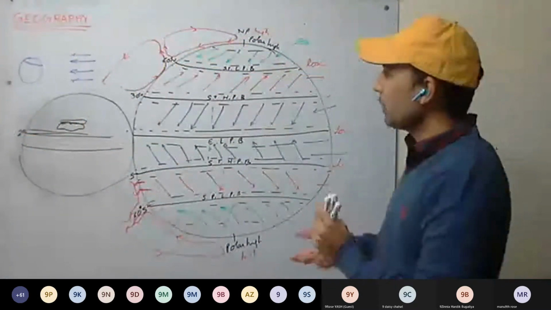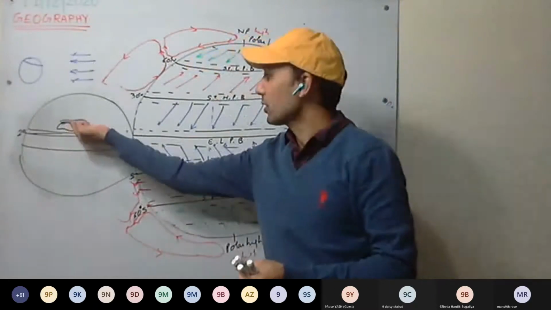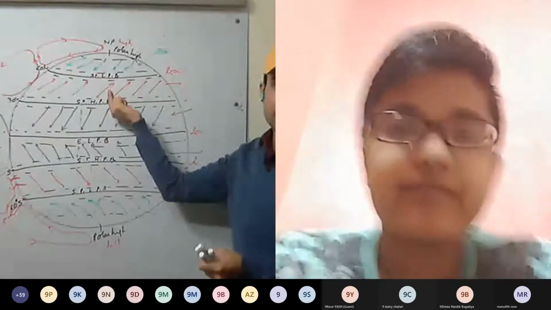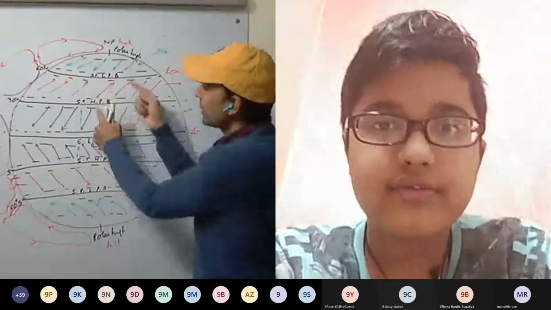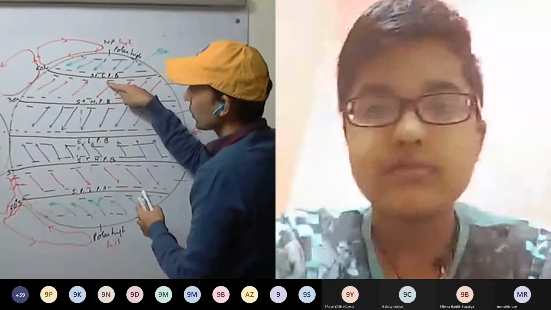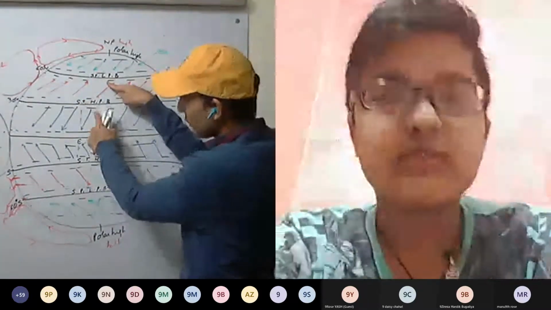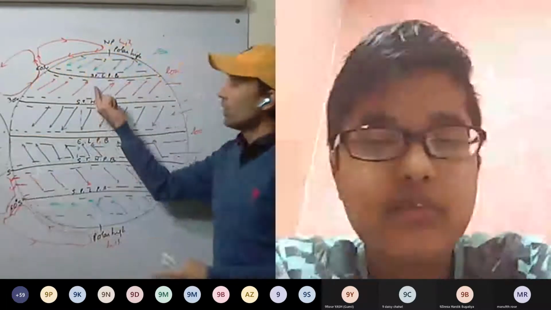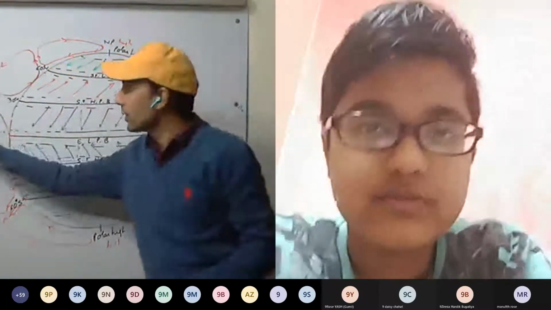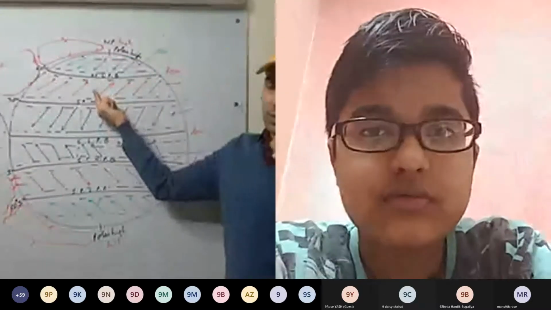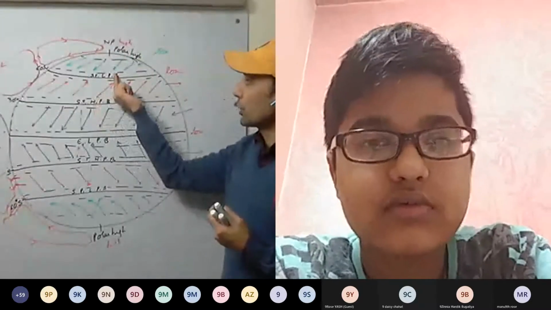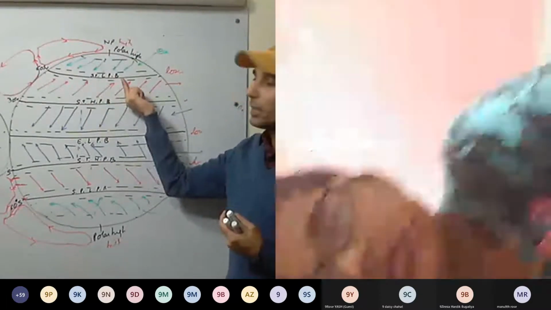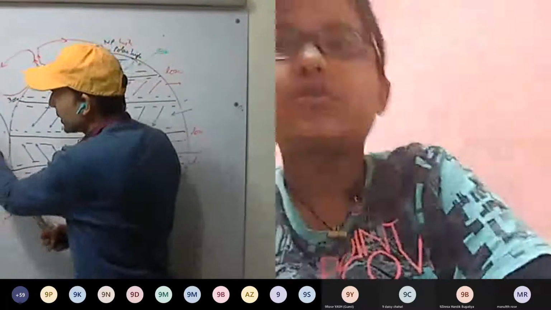Now see here, this time the Mediterranean region, that is the European part, comes under westerlies. And see here, warm air is flowing towards a colder region. Earlier, colder air was flowing towards the equator. So during winter, they come under the influence of westerlies. This air flows from the subtropical high pressure belt towards the subpolar low pressure belt. These winds are warm winds.